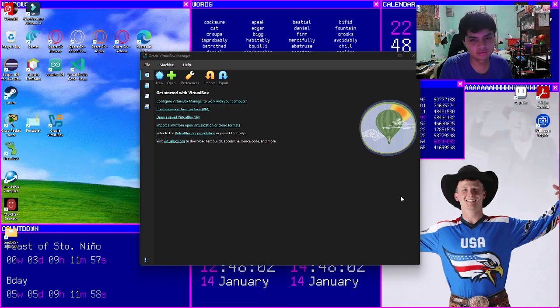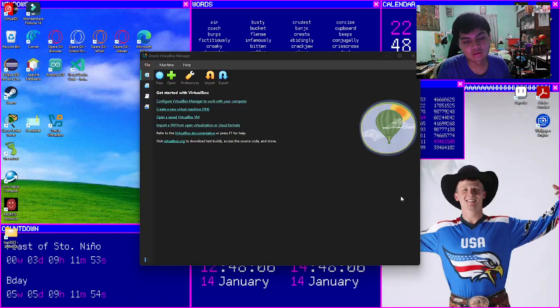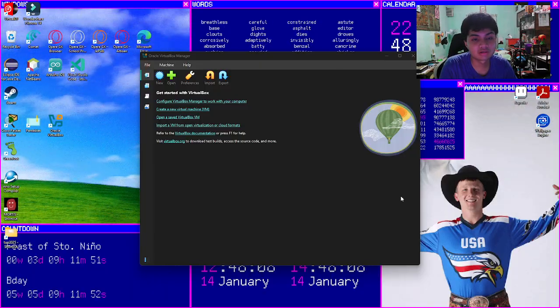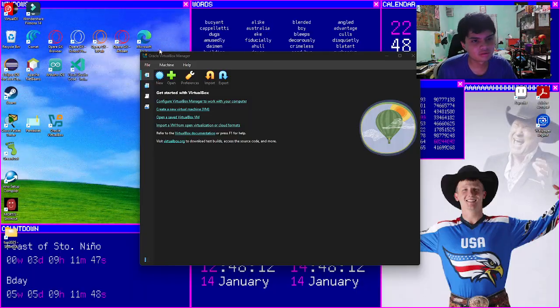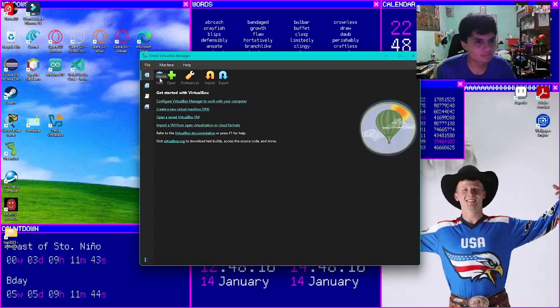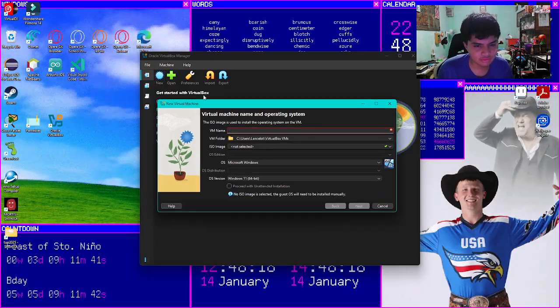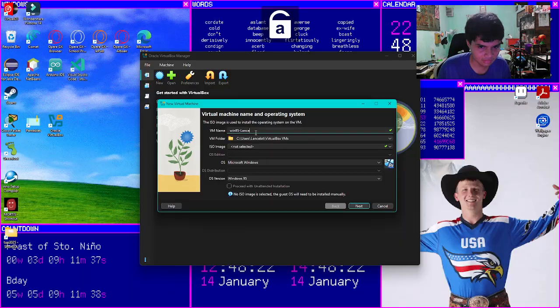So now we're gonna install Windows 95 in our VirtualBox, and it's gonna run in the virtual machine environment. So now I'm gonna still use Oracle VirtualBox Manager for my demo. So now let's create the virtual machine, and let's name it Win95 my name.